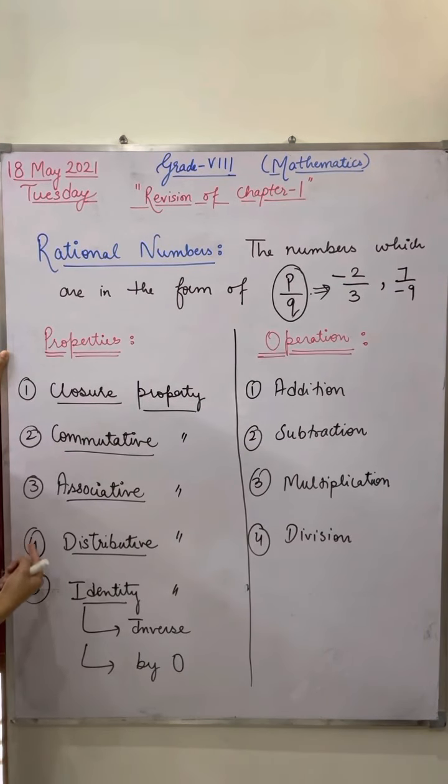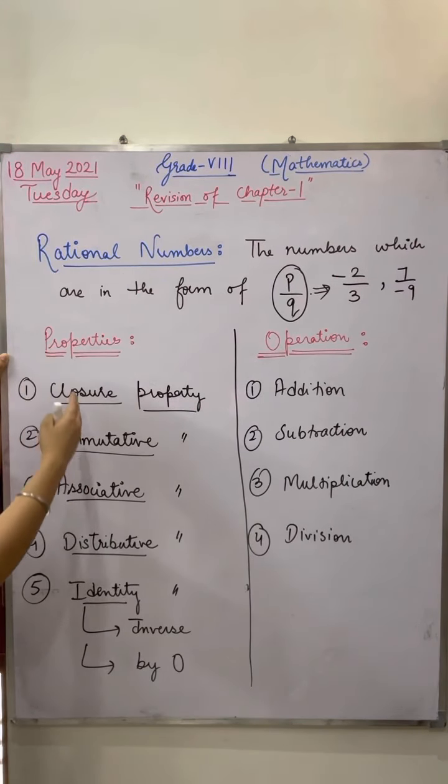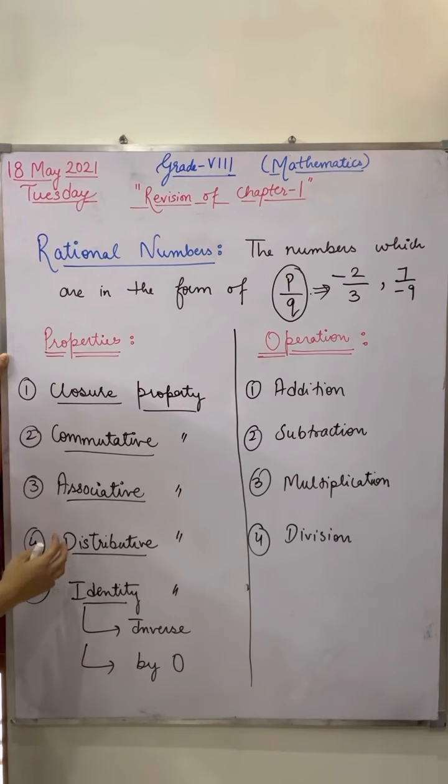Then we have discussed some identities. In the case of addition, additive identity. In the case of multiplication, multiplicative identity. Then we have done addition by 0, multiplication by 0. These are all the properties we have discussed in the chapter. I'm not going to write all the properties now. You can go through the PDF and the previous videos to revise all the properties once again. I have just written the names so that they are in your mind. What are the properties? How many are there?